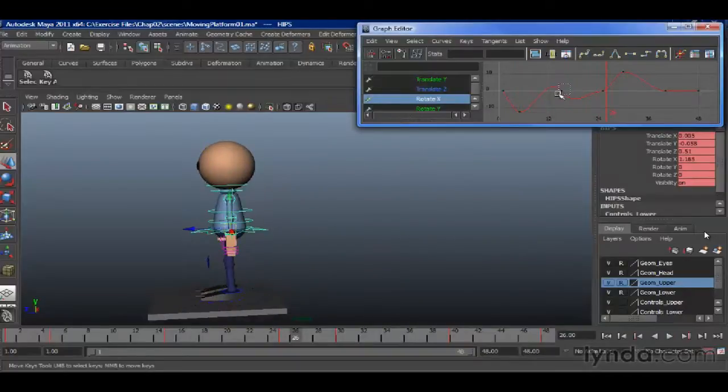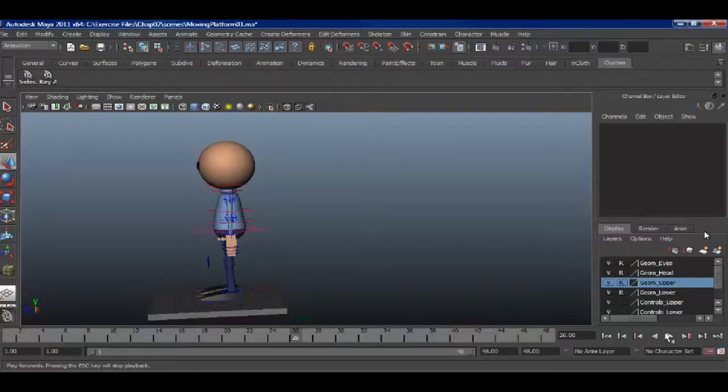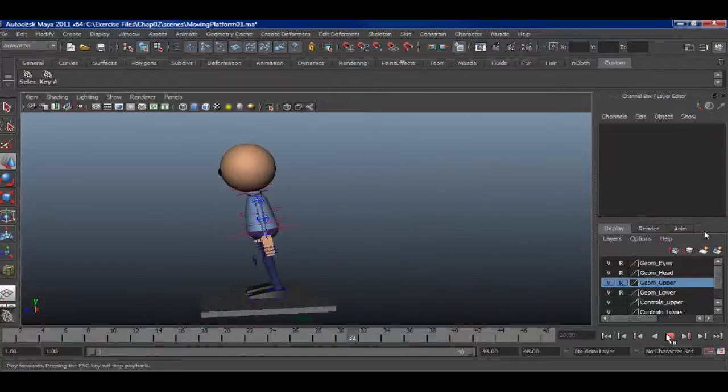One way would be to select these curves and unwind them, but the easier way is to select all the keys that are 0, and then all we have to do is hit what are called plateau tangents. And what that does is make sure that all of those are 0. So particularly here, where it goes from a 0 to a 0, you want to make sure that these two sections are flat. Now once we've done that, you can play it back, and now we have a very smooth